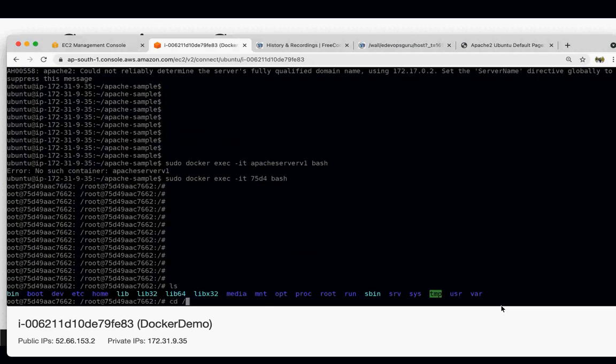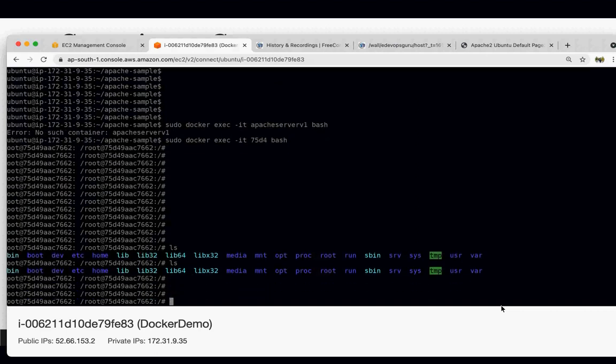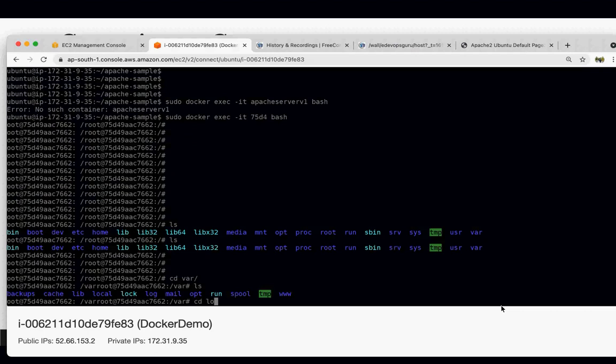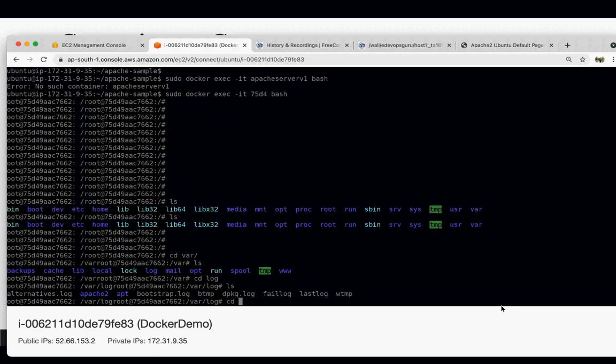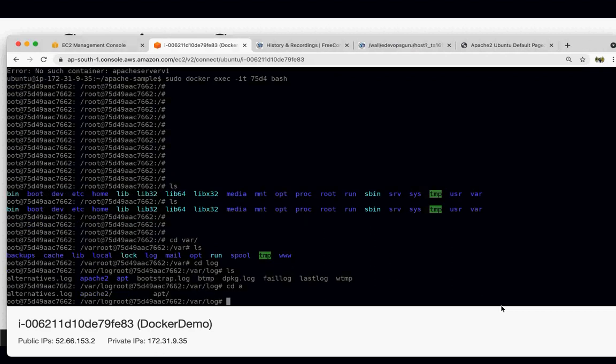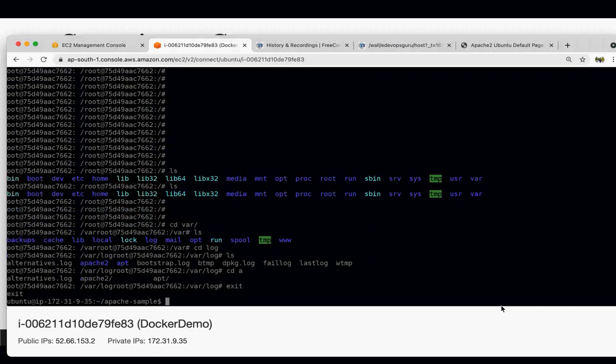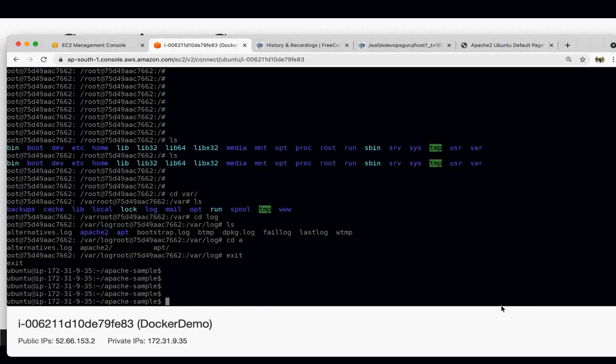You can go and see the HTML and whatever files are there, and visualize how it is inside. If you go cd logs, here you can look at Apache logs, these things you can do, and then you just write exit and you will be outside the container, back on your host machine.